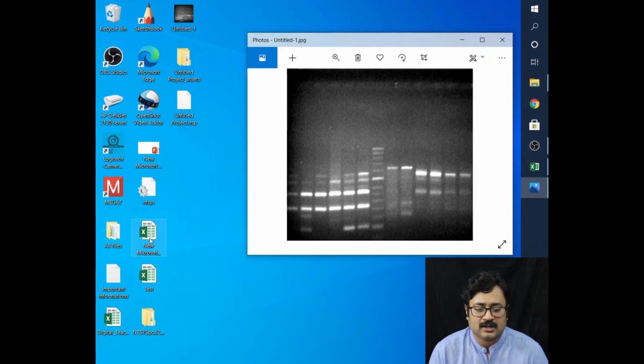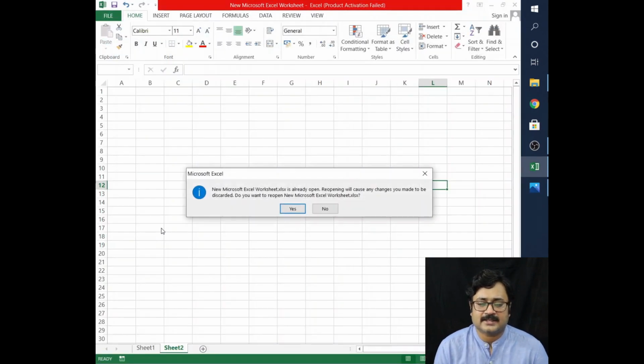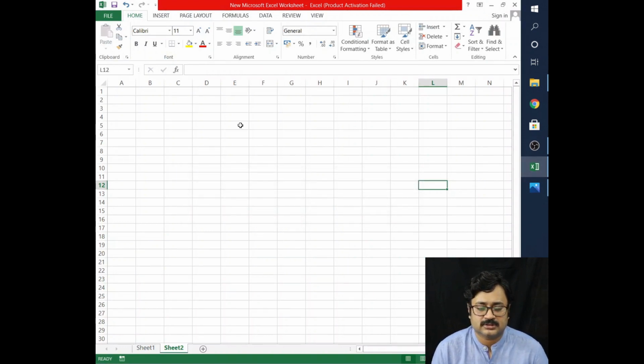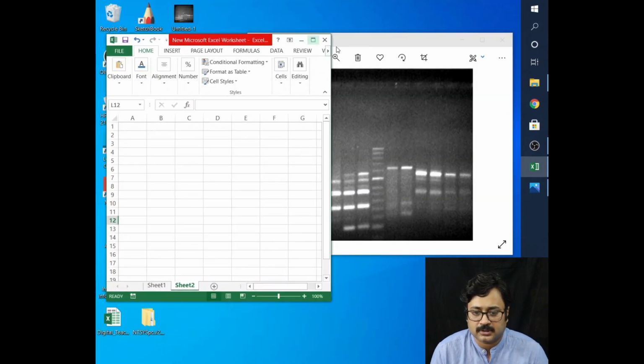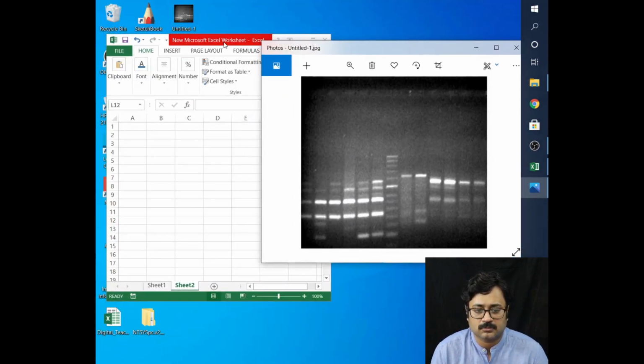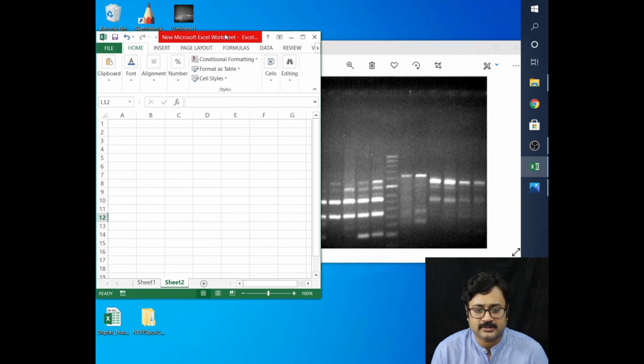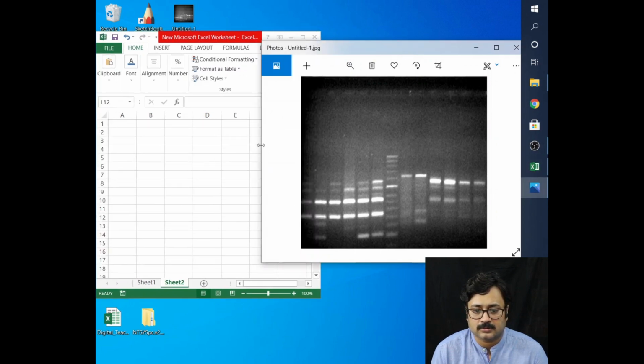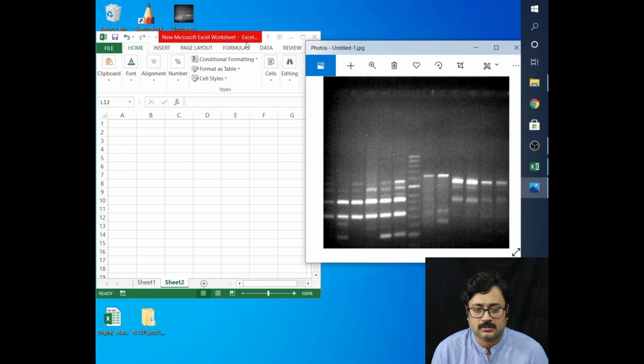For that I will need an Excel file. This is the Excel file that I am going to use. Let me make it smaller so that I can keep both of these files side by side. As I have shown, I have 6 samples that have run in 6 different lanes.